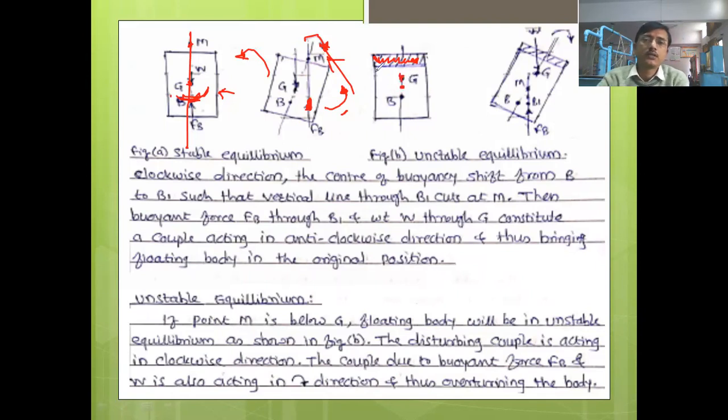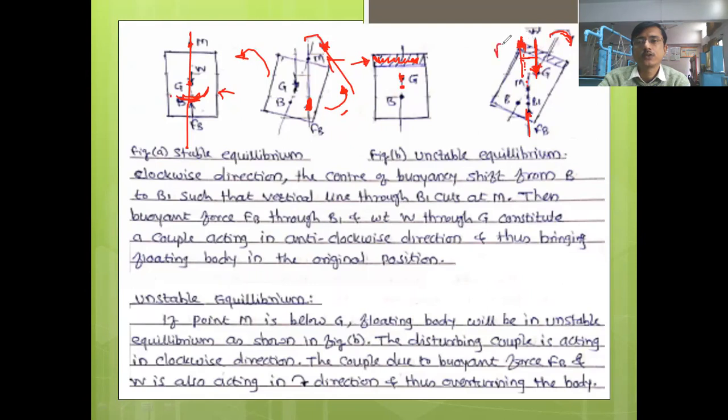Now in this case, what is going to happen if I apply a moment here? If a clockwise moment is applied here, this object will tilt like this, and because of this tilt there is a formation of couple. The weight is acting through this G, and this buoyant force is acting through M. M is now here. Okay, if I continue this line here and show this arrow like this, you can observe the couple here. So what kind of couple is this, whether it is clockwise or anti-clockwise?